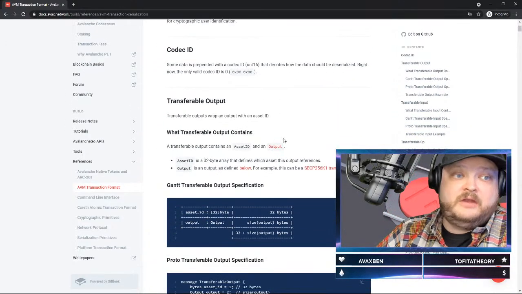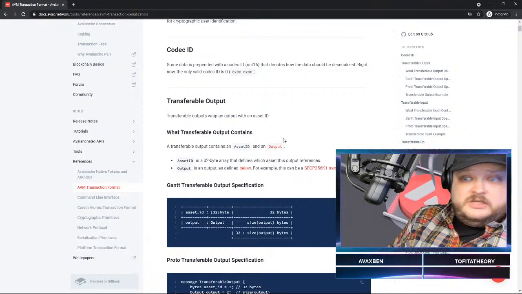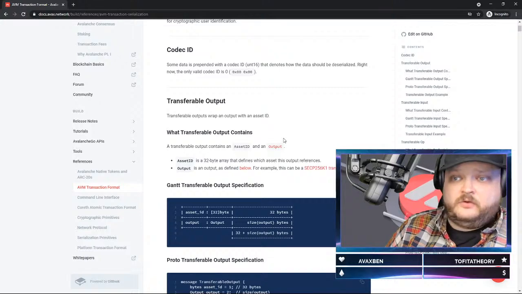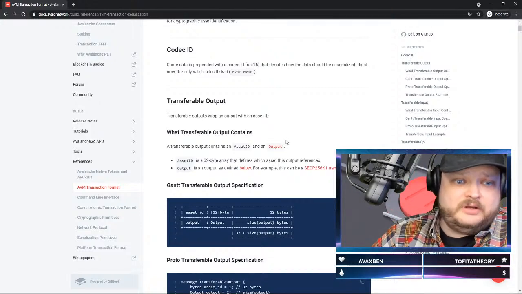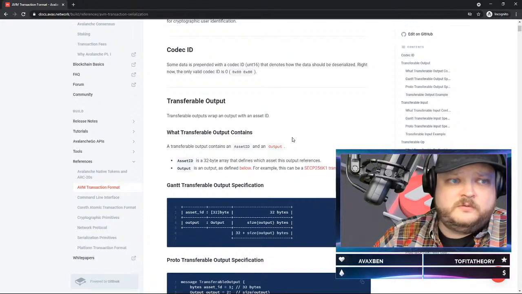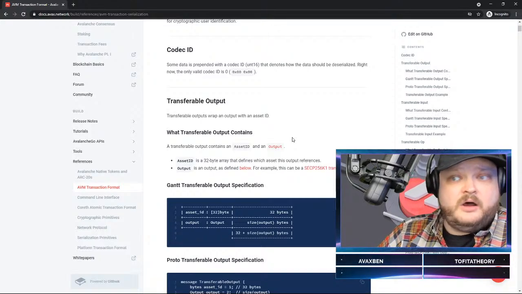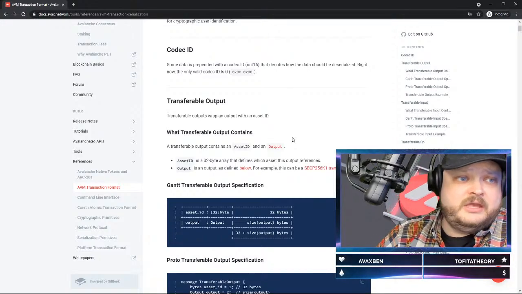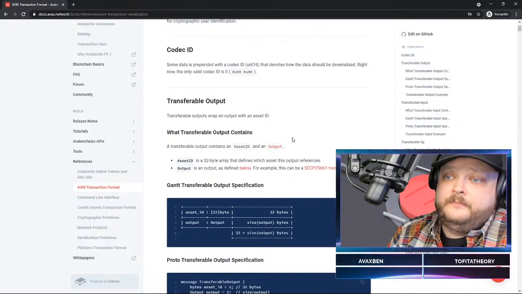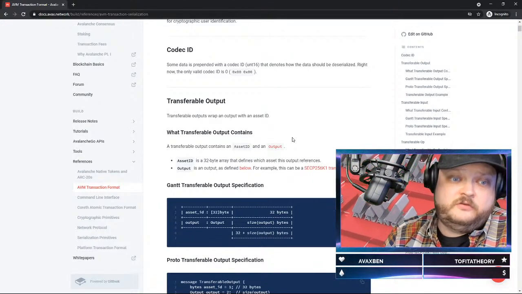But it's a little complicated for people to come in off the wagon and understand the actual guts of this machine and why it operates the way that it does. So the key to really understanding this from a user's perspective is to go bottom up and really just get what a transaction means and what it looks like on the AVM. So the AVM is a UTXO based system. The X chain is UTXOs.